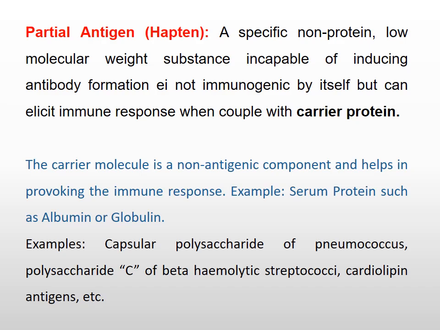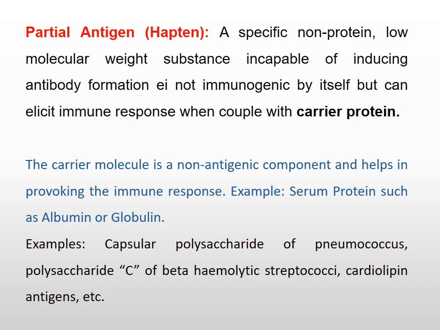They may be non-protein in nature. We have also seen in the example of lipid antigen, they are non-antigenic. Example, hapten, which may be antigenic in nature. So they are mainly non-protein in nature. They are low molecular weight. Number three, they cannot elicit an immune response by themselves. But number four, they elicit the proper complete immune response when combined with a carrier protein.